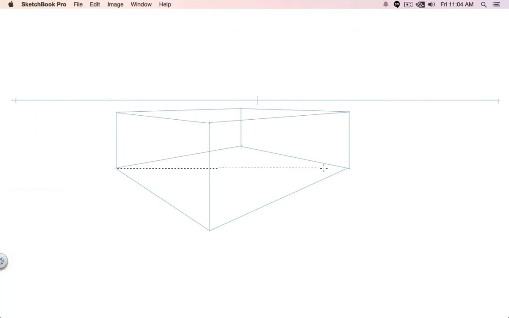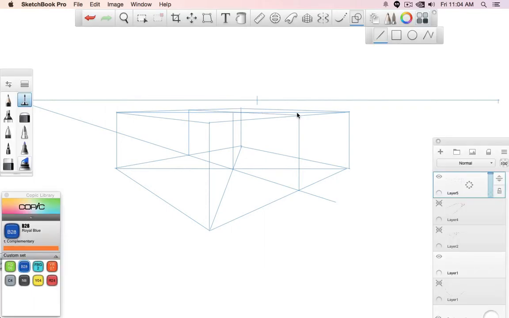Okay, so let's put in our diagonals there and there. Line up. That's the midpoint. And then from this point, a line through, up, and then there we have actually a construction